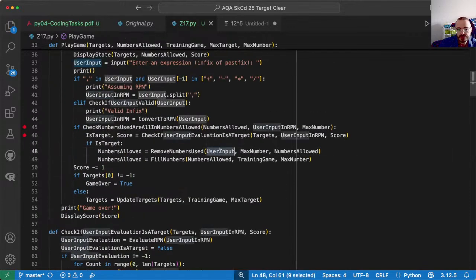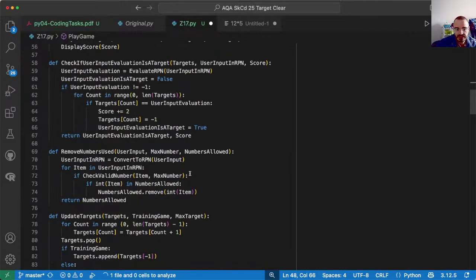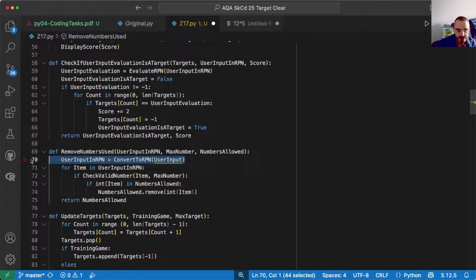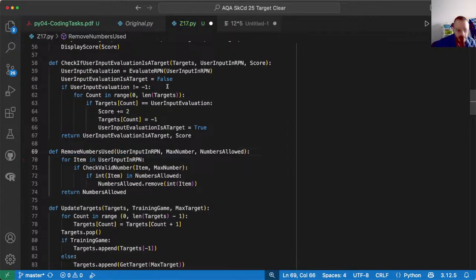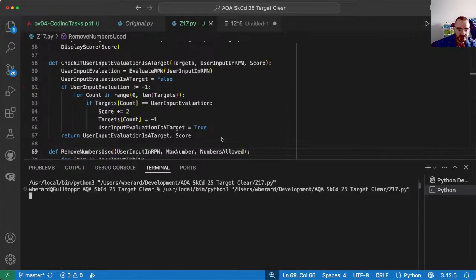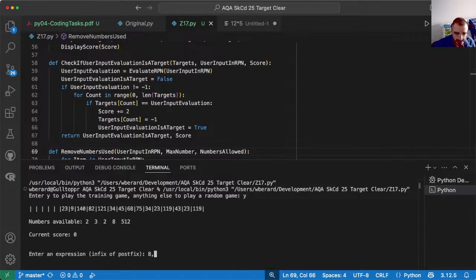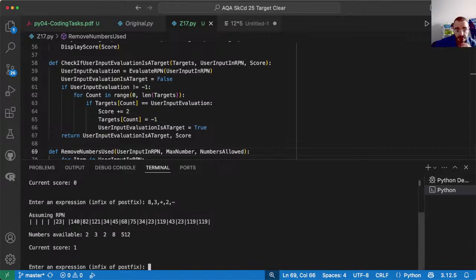So instead of taking user input, I'm going to put user input in RPN here, and I don't need to do this conversion anymore. It was my fault, obviously, but at least there's no bug in the code. We'd forgotten that there's another place. Who knows? There might be a third place that expects this in infix. 8, 3, 2, plus 2 minus. Okay, yes, right, that worked. Wow, cool. Okay, so that's 17